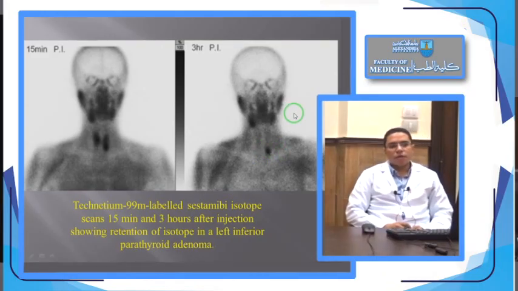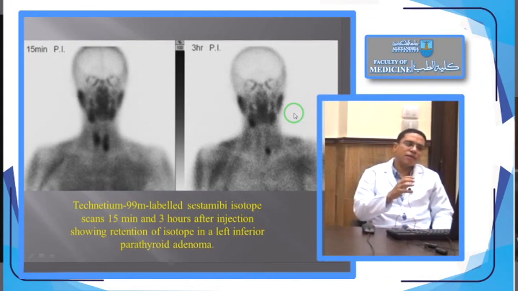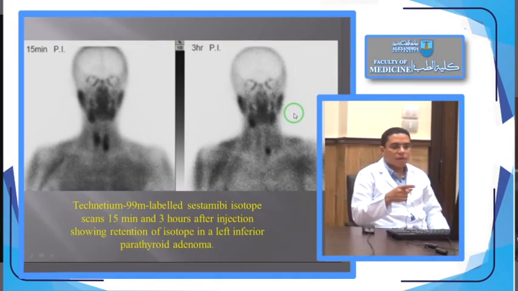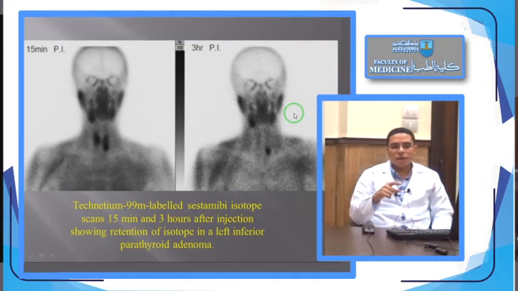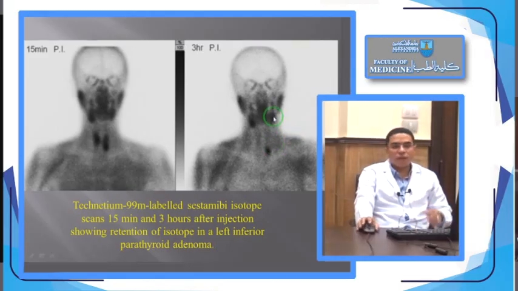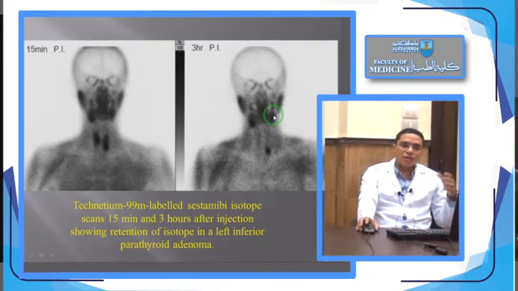Okay? In most of the cases, with this sestamibi scan, a localizing study, we have to do another study. Usually it is ultrasound. It can suggest the site of the adenoma, and it can tell us whether there are thyroid nodules or not. Because if there are thyroid nodules, sometimes they are misleading in the sestamibi scan, because they can take up and retain the sestamibi for a longer period of time, and they can appear like a parathyroid adenoma. So if I'm having an ultrasound with the sestamibi, I know whether there are nodules or not. So if you are not having a nodule and you have this lesion, this is a parathyroid adenoma. Okay?